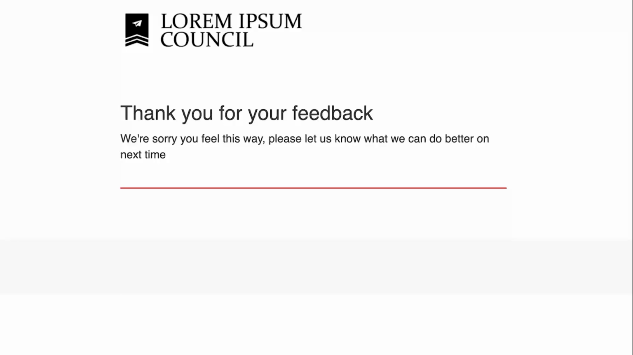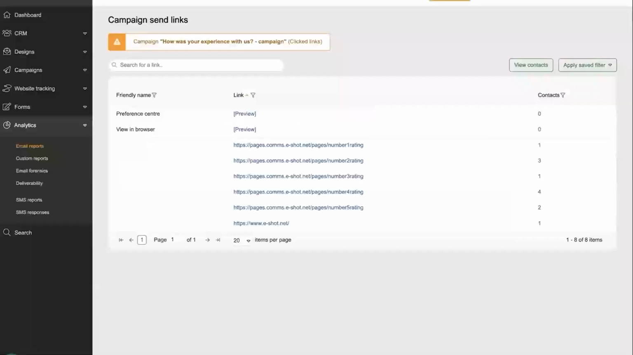And therefore, to track the response to it, we need to send them somewhere when they click. The value of that, when we look at it from a results perspective, is you then get analytics on not just who, but how many people clicked on each link. So you see there in this example of a campaign that's been sent with that sentiment module,